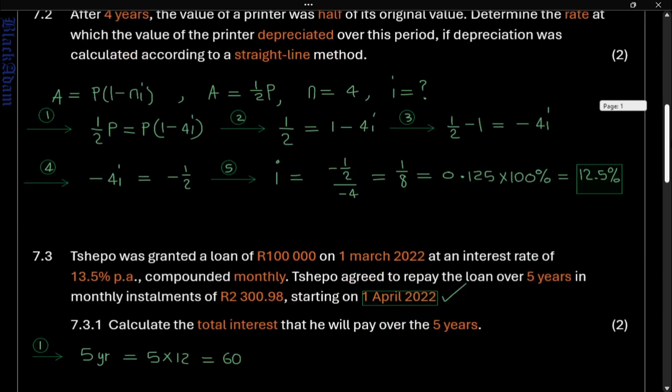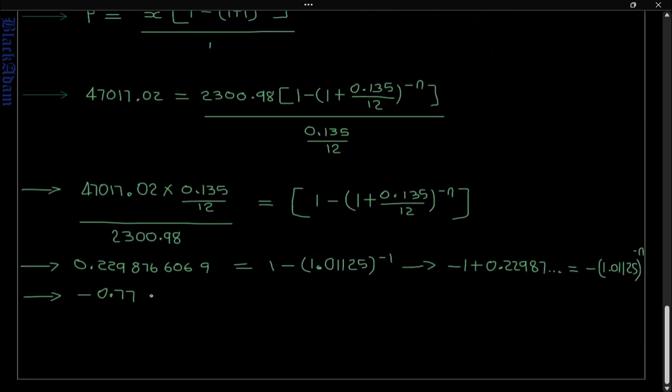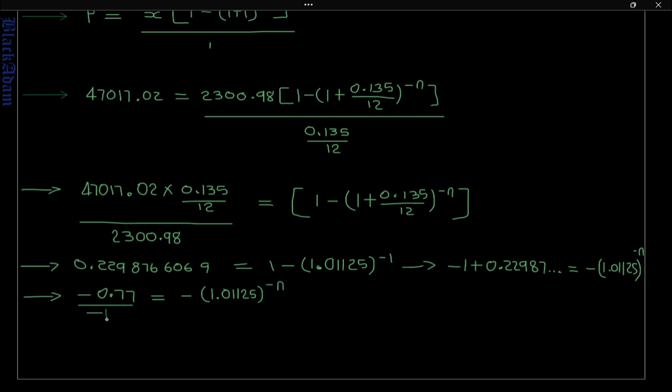Whenever there's a 0 followed by a number, you can cut it at 0. So it's going to equal negative 1.01125 to the power negative n. So divide by negative 1 on both sides, that cancels out. So that will give us